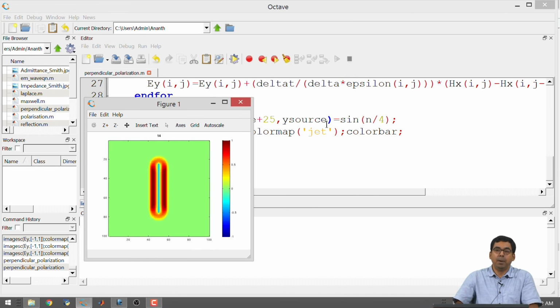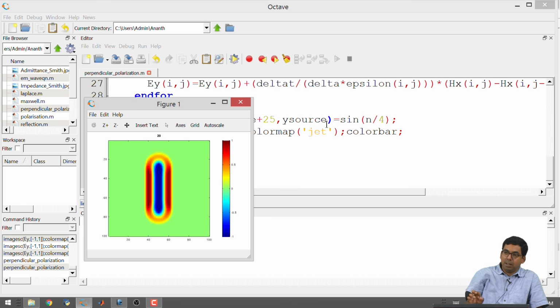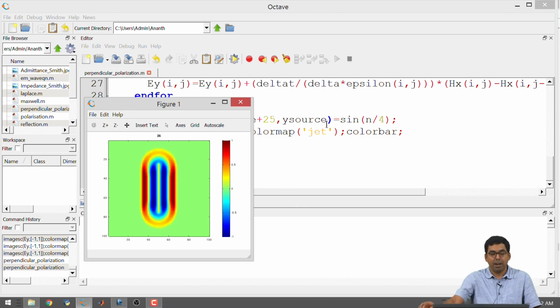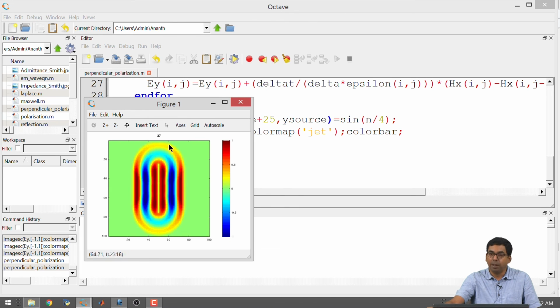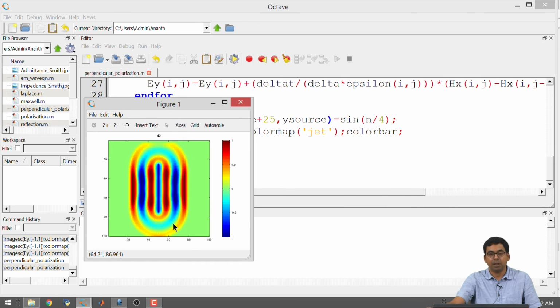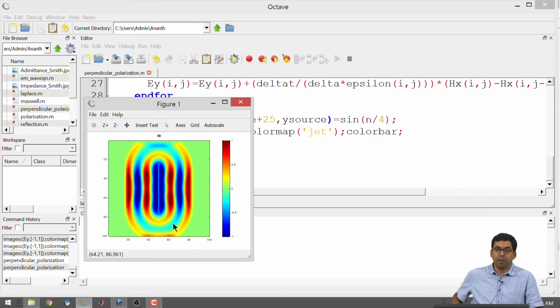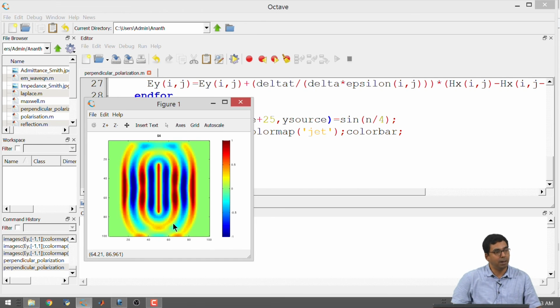So, if I want to create a plane wavefront, all I did was take a series of point sources at different places along the line and then made them all emit with the same phase. That is it. So, I am getting a line shaped wavefront coming to the sides, okay, right. But still I am having something going out here, right. It is a natural consequence, you cannot do anything about it. So, now we have the base program for perpendicular polarization ready, right.